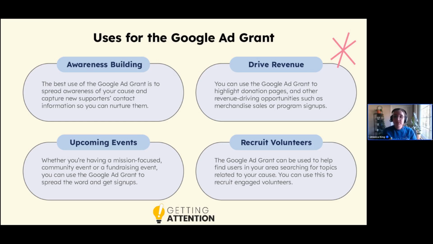All right. The last thing I want to talk about in this overview section, at least I think it's the last thing, is the uses for the ad grant. So we've talked a ton about how do you get the grant? How do you keep the grant? What is even the grant? Now I want to make it a little more concrete: how do organizations apply it to what they do? And then we're going to drill even deeper into this.